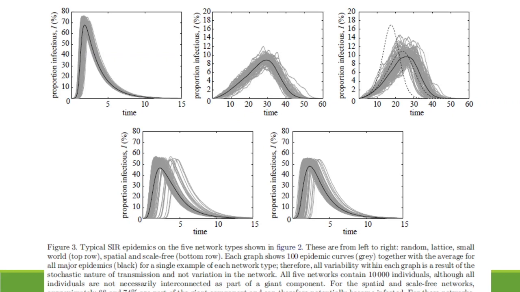So in that totally random network, by the way, in all of these people have, on average, 4 connections, right? So it's not like one has just a lot more paths to go down than another. We get just immediate, through the roof, and then it trails off. Ones with more structure tend to be slower, so you have perhaps a little more time to intervene, for instance, before you hit that peak. Down here with the spatial and the scale free, we still get near the beginning, but a little bit later.